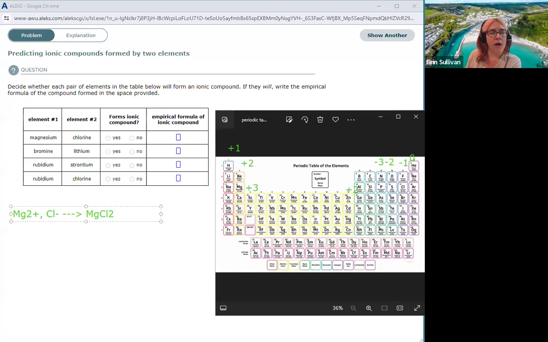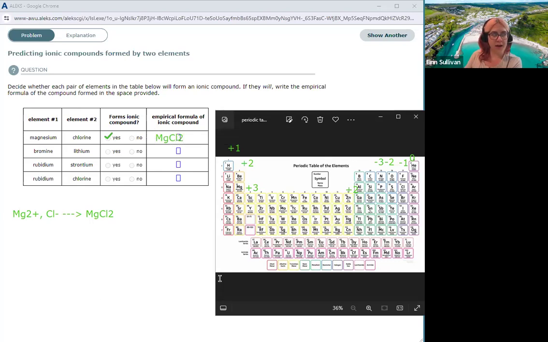If you're doing a very quick check on whether something forms an ionic compound: if it's a metal plus a non-metal, yes, it will form an ionic compound. If it's a non-metal plus another non-metal, that will form a molecular compound. And if it's 2 metals, then it's going to form an alloy, which is something that we are not covering in this course. So that would not be an ionic compound. The empirical formula then of magnesium chloride should be MgCl